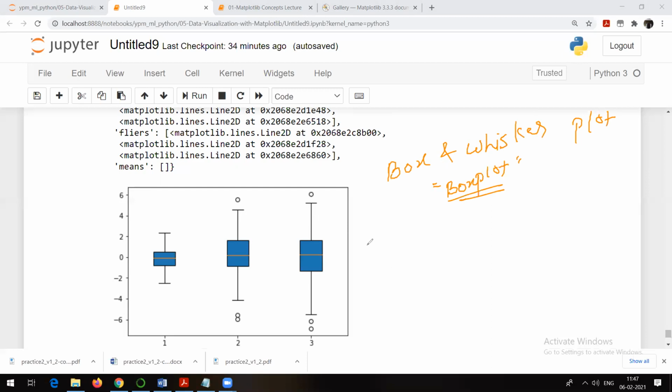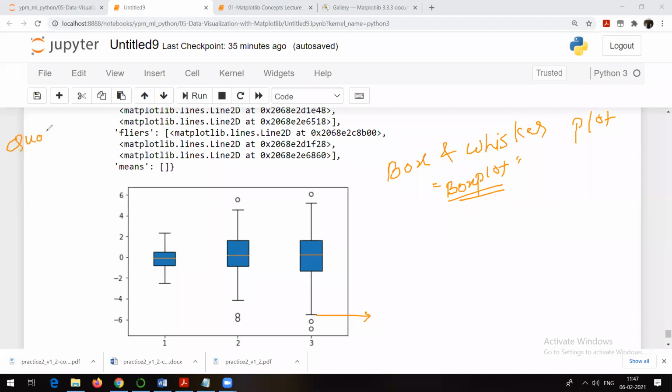Remember, this is a plot which is very important. Can anyone tell me what this line is showing? What does it interpret? Any idea? Third quartile? No, it is not the third quartile.